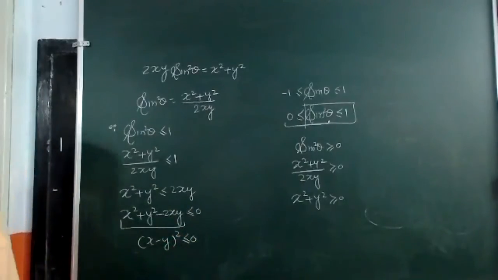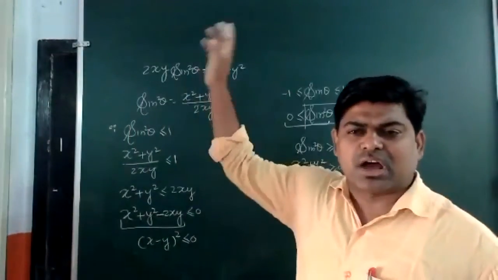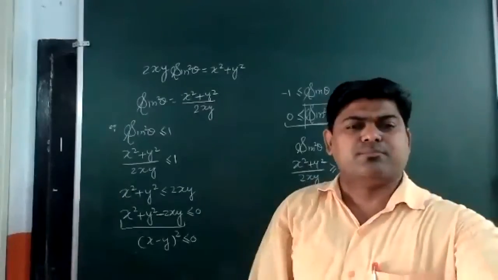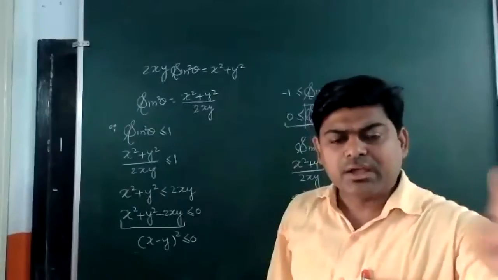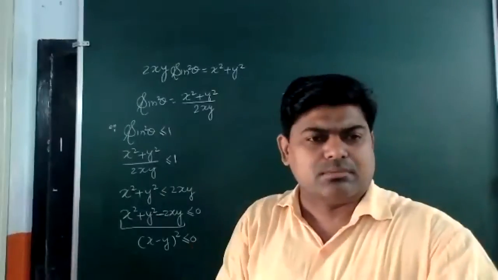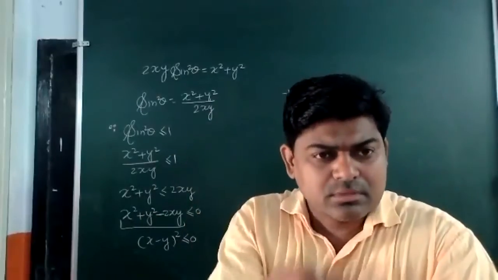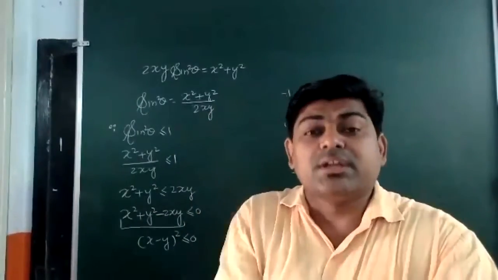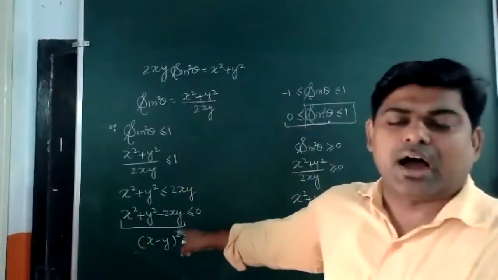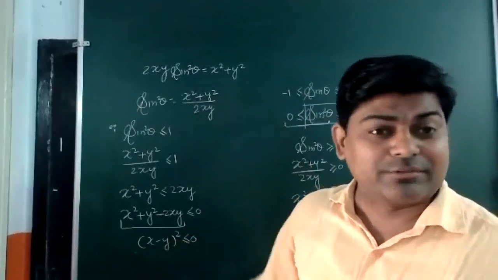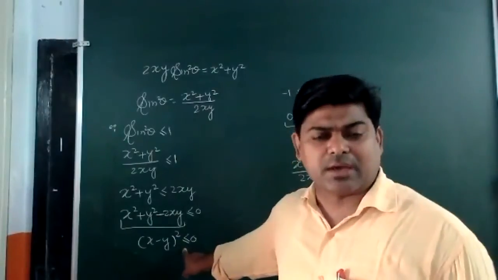Now again, I'm just taking you to what I discussed at the starting: x and y both are real numbers. It was given in the starting of the question only. If they are real numbers, their difference should be a real number. Am I correct? Then the square of a real number should always be what? Either greater than or equal to 0. It will never be negative. So the less than case will not be applicable here.